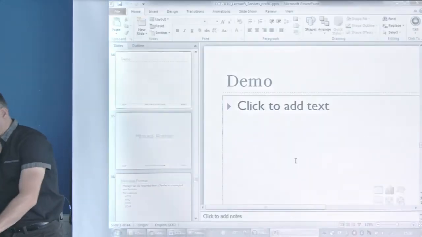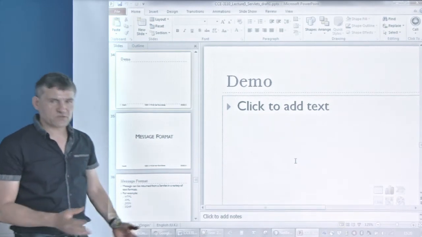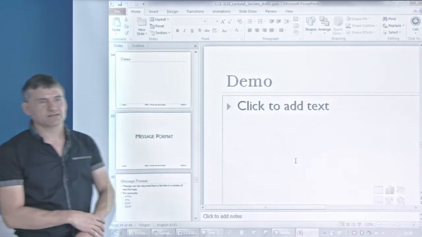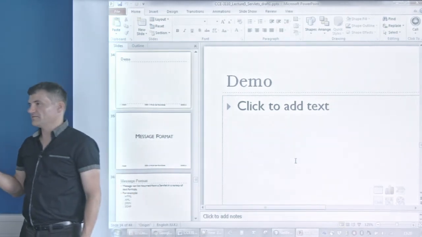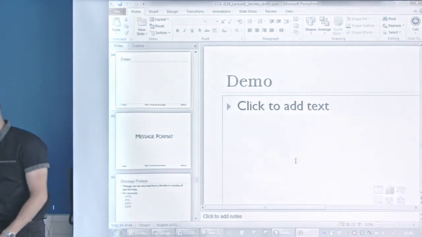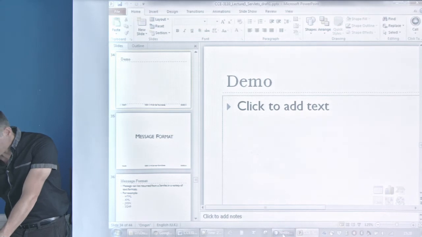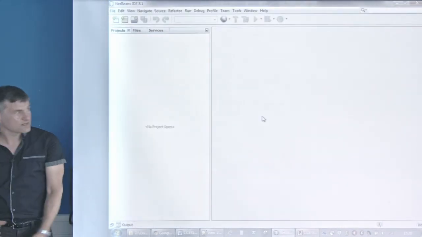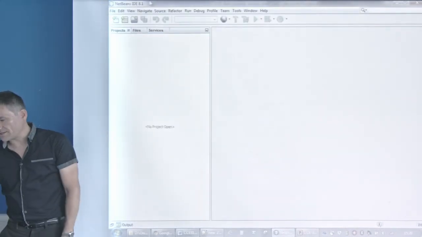Okay, so I'm going to give you a demo from scratch, and this demo will show you pretty much how to do the first couple of bits of your project. So it's worth having a little watch. Okay, so here we have NetBeans, an empty version of NetBeans. Now, if you're installing it on your